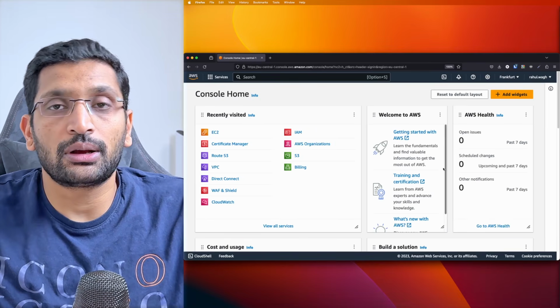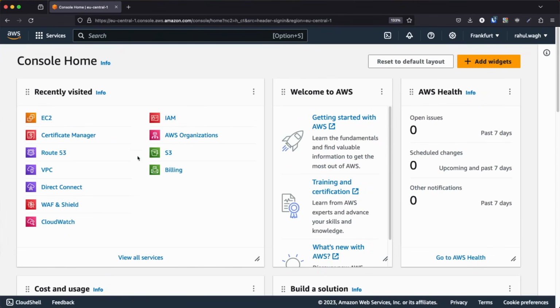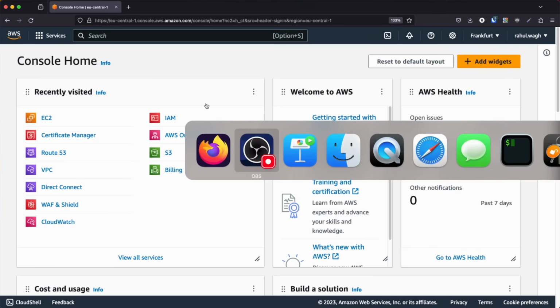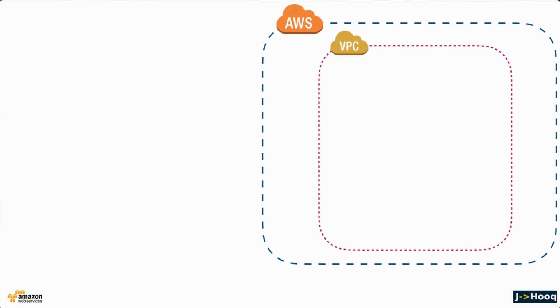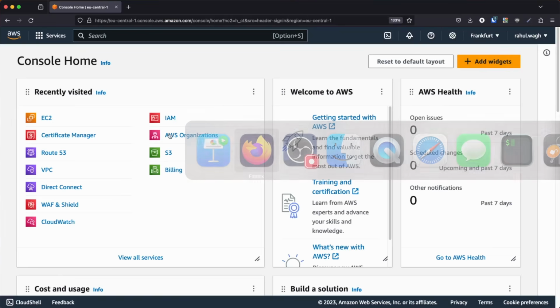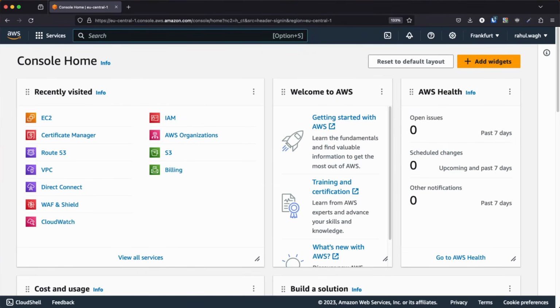So let's start with our demo, and here you can see this is my AWS account and this is my AWS console. So let's take a look onto the diagram once again and see what are the components which we need to create. So as we know, this is our AWS account. The next thing which we need to create is the VPC. So I'm just going to go back to my AWS console. In the search box, type VPC, click on the VPC over here,